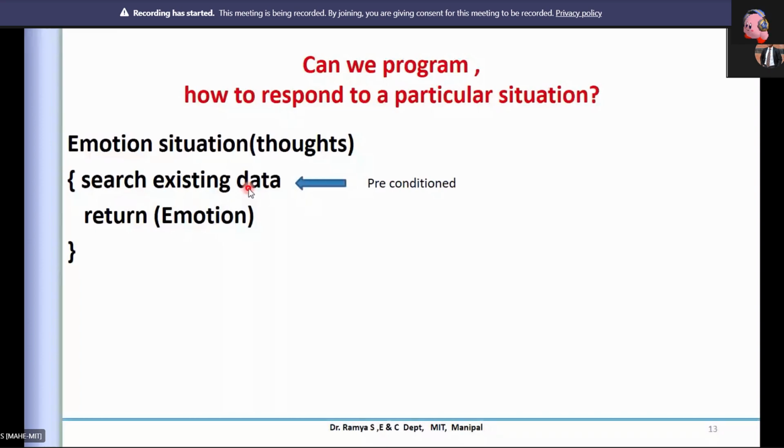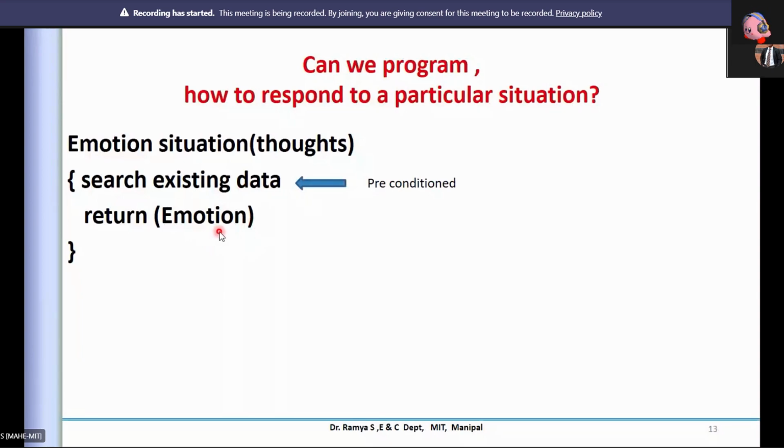If you observe a small kid, when they don't have any existing data, they are always curious because they don't know what happens. But it is not true when we grow up, because we have already stored data for that particular information. So it will see whether we already have some data, and if it exists, we will release those emotions or attach those emotions to it.